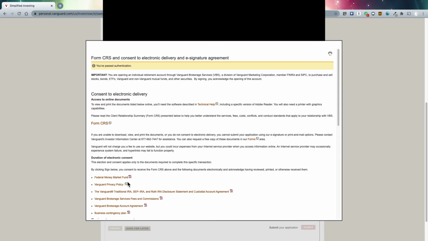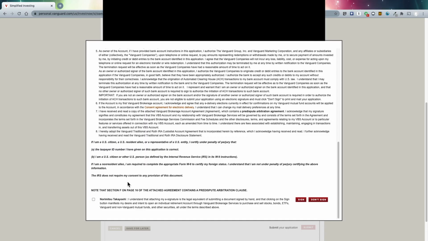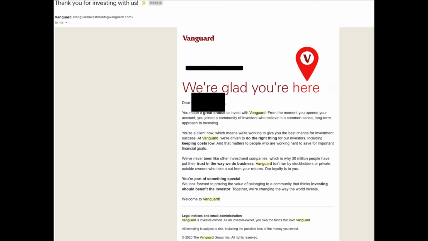All right, now I've answered all my questions to verify my identity. Basically, this screen just gives us information about our Roth IRA. Now we're just going to sign this to finalize our account. Great, it looks like my application went through. Vanguard is going to review my application and get back to me in 1 or 2 days. And in 2 days, I got this